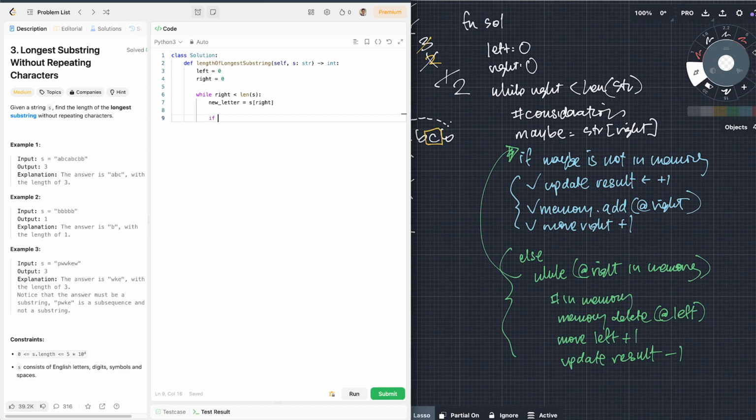So we probably still need this if statement. So if this new letter is in memory, well, we don't have memory because we haven't made it yet. So let's make a memory here. Memory is, let's call it letters seen, or letters in current substring, right? Letters in substring. So that's going to be a set. So if the new letter is not in this letters in substring,